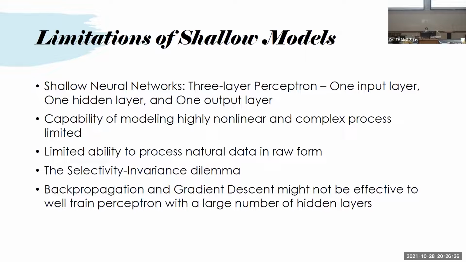We will talk about this later when we introduce convolutional neural networks for computer vision. And the last one is that backpropagation and gradient descent might not be effective for training a perceptron with a large number of hidden layers. That means if you're just stacking your neural network with many hidden layers,